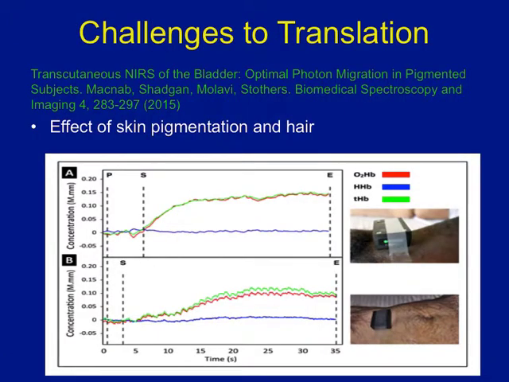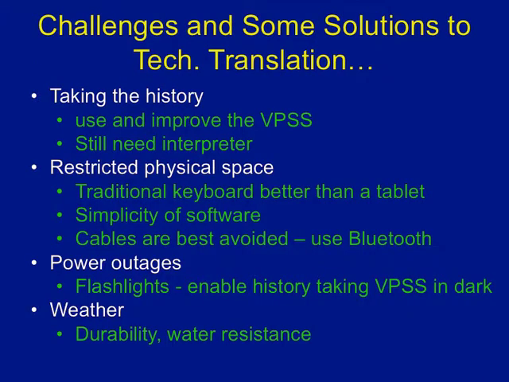One challenge we had to confirm was that we could collect data in various levels of pigmentation of skin, and we published this year that we are able to get similar kinds of tracings despite skin pigmentation. So some of the challenges that we faced and some potential solutions: taking the history,